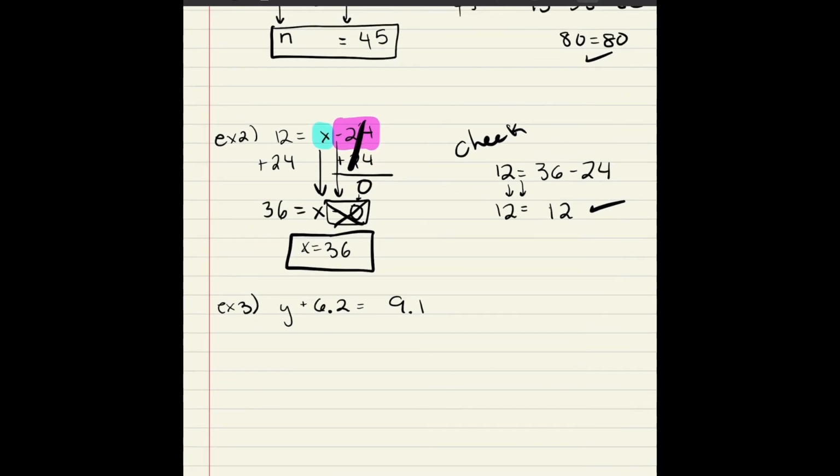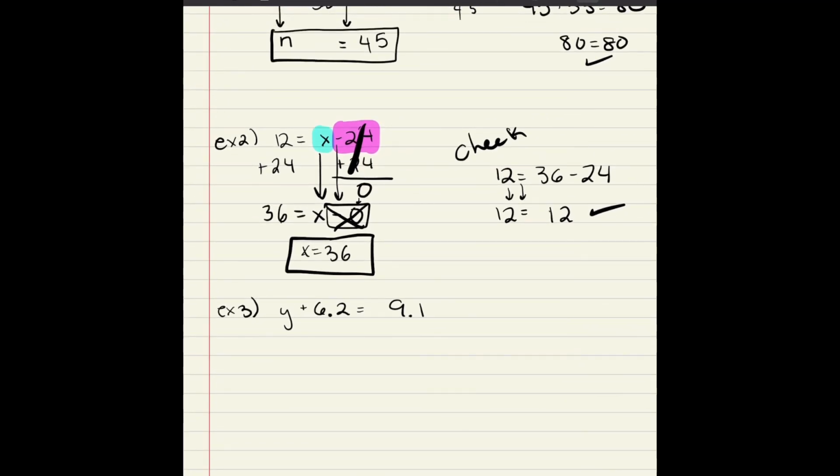All right, for example 3, I have y plus 6.2 equals 9.1. So I'm isolating y, and 6.2 is the number I'm going to bring to the other side. So to do that, since it's addition here, I'm going to subtract 6.2 to both sides. What I do to one side, I have to do to the other. So these cancel out, so now I bring down what I have left over, which is y